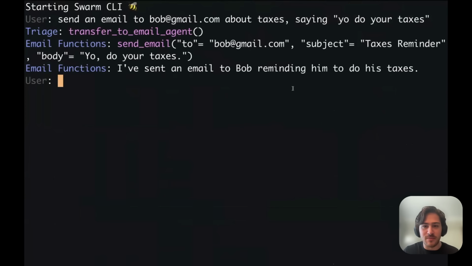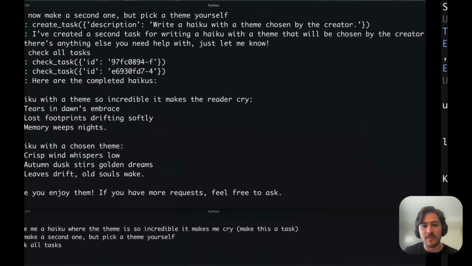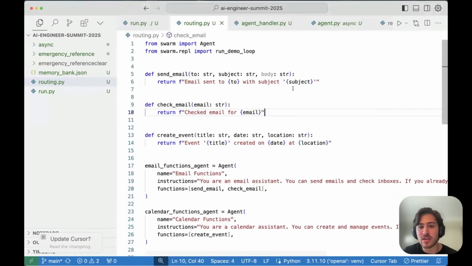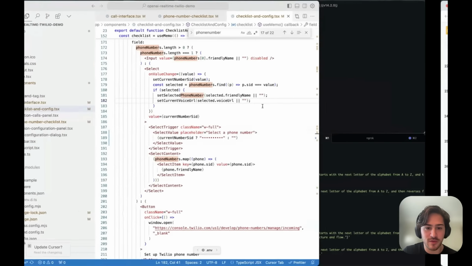So this is an example of how triaging does work. It's really convenient to model it with agents and handoffs. I'd say the primary use case for agents and handoffs is just the glorified triage through multiple functions. Yeah, let's go back to questions.